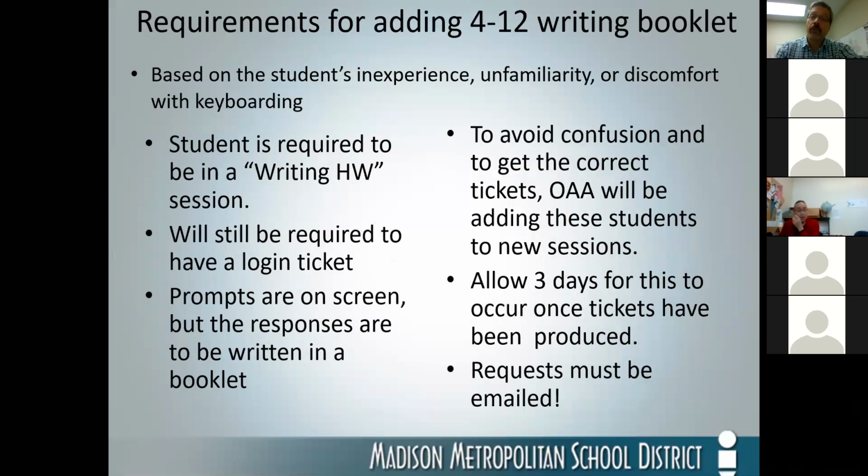The requirements for getting a writing book are really based on the student's own inexperience, unfamiliarity, or discomfort with keyboarding. If a student arrives to our schools who has never had an experience, or rarely has had an experience actually working on a computer, it would certainly be a disadvantage for them to show their writing skills by simply trying to find a letter on the keyboard and hunting and pecking. So if that's the case, then it's a possibility that we can go ahead and get a writing booklet